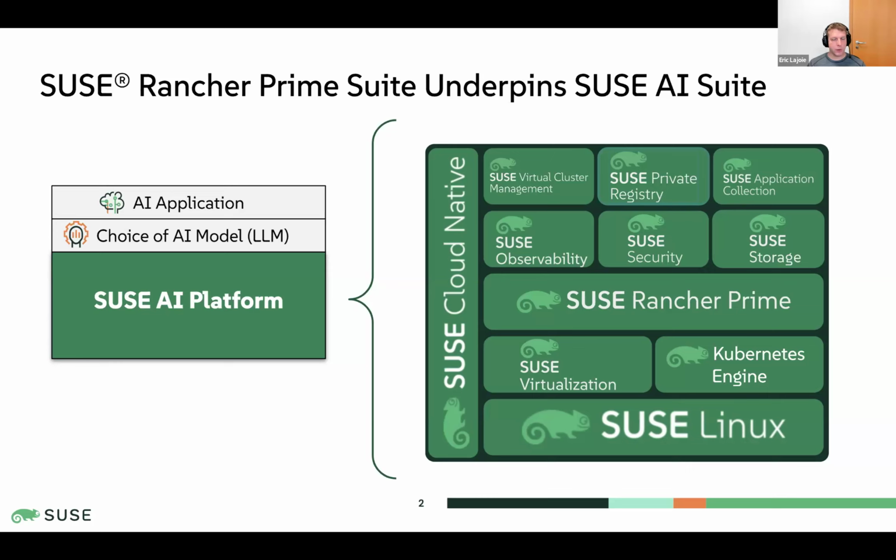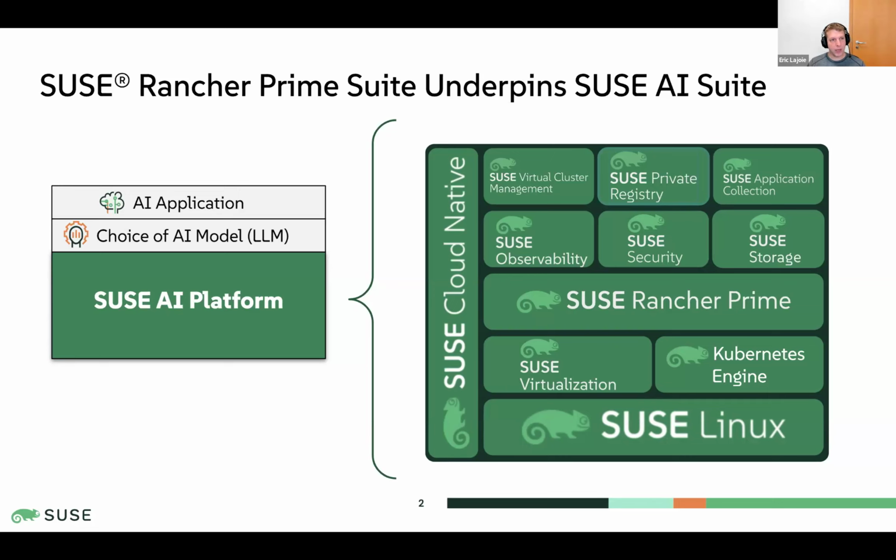And then we have some customers who are using older RHEL and CentOS, and they want to have support for those still and not be forced to upgrade because they can't. OpenStack's a good example of why you can't upgrade old Linux distributions. So we have our Multi-Linux Support, which will actually go in and provide extended support even after those vendors have stopped it. But in a nutshell, SUSE is a full IT stack.